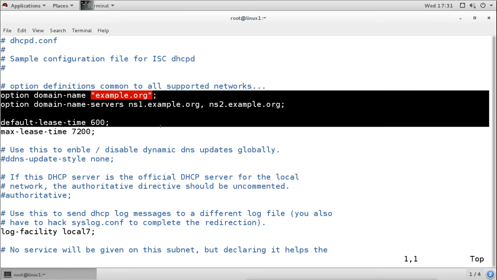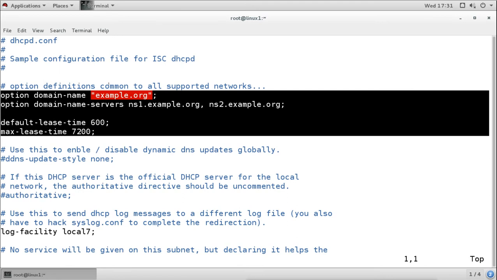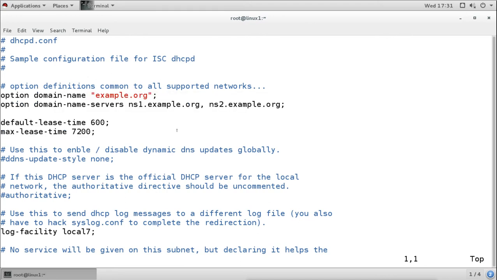This option actually defines options common to all supported networks. That means if our DHCP server is connected to 2 or 3 different networks, and we want to create subnet information for 2-3 different subnets, we can do that. We can create the different subnet informations.